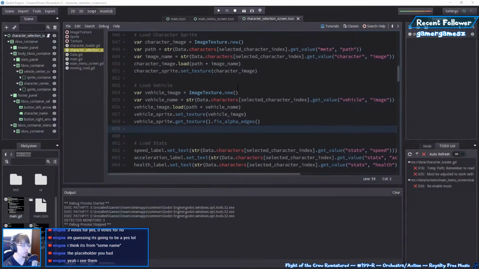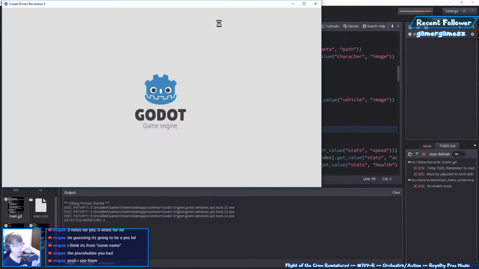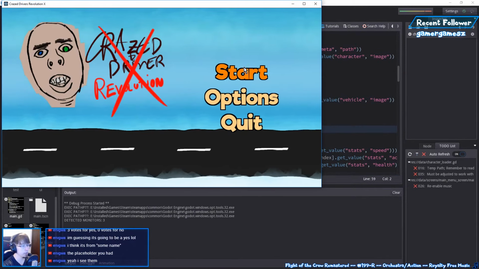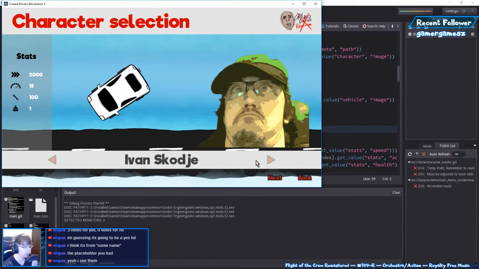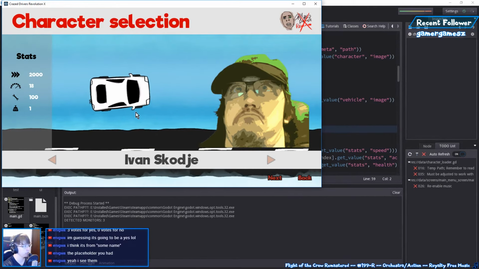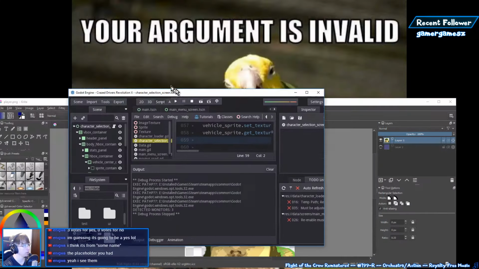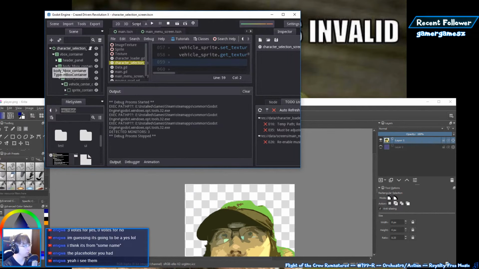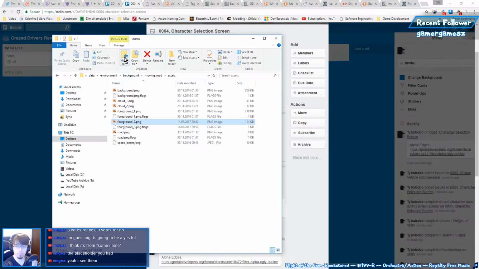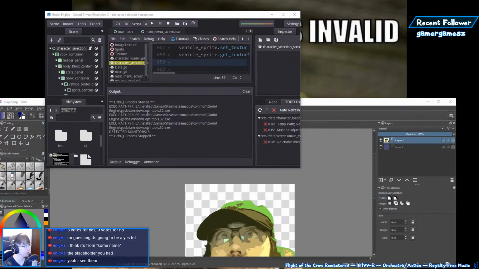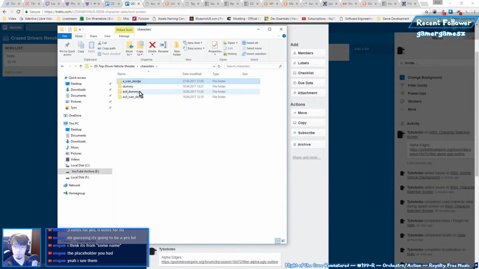Loading character data to splash screen. Did I do that? I believe I did. Everything. Character name, everything. Name, yes. Image, yes. Everything seems fine. So now I need to duplicate that to get another character. So I'm just gonna copy my dummy here,